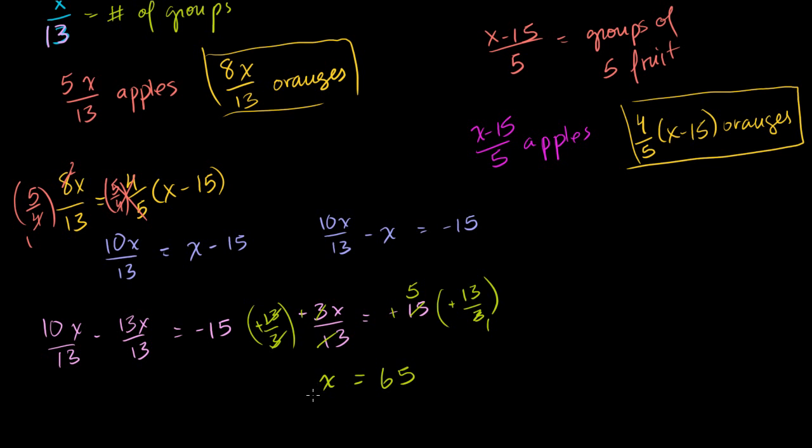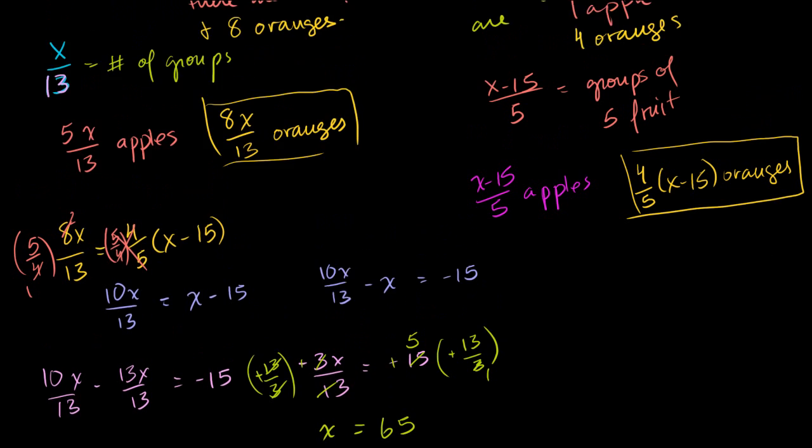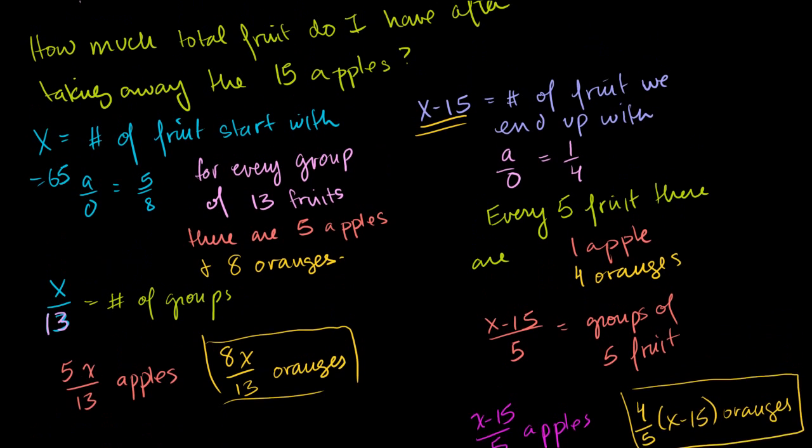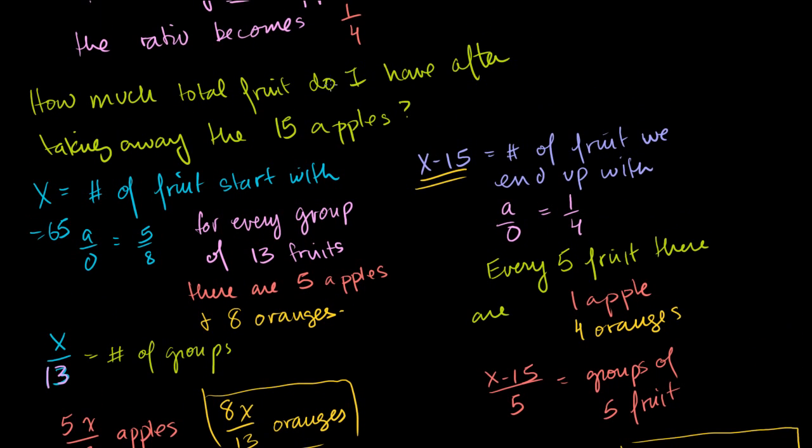But that is not our answer. Remember what x was. x was the number of fruit we started with. And we just figured out that this is equal to 65. But the question wanted to know how much total fruit do I have after taking away the 15 apples? If I started with 65, I give away 15 of the fruit, all of them are apples, then I'm left with 65 minus 15, which is equal to